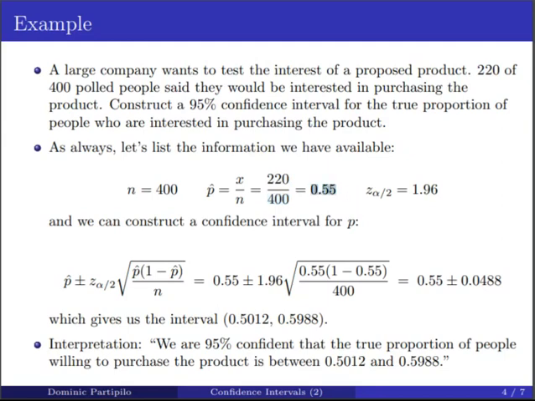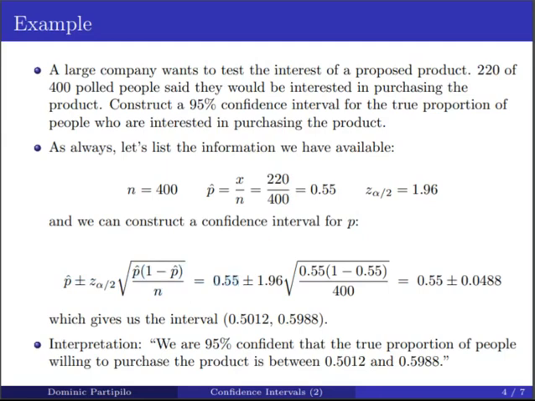And then we're using z to construct a 95% confidence interval here. And remember from the last video, anytime we're using z to construct a 95% confidence interval, we're going to be using 1.96 as our critical value. So now we have all of the inputs to the formula, and we could just put them right in. So the formula is going to be p hat plus or minus z alpha half times the standard error. So that's going to be